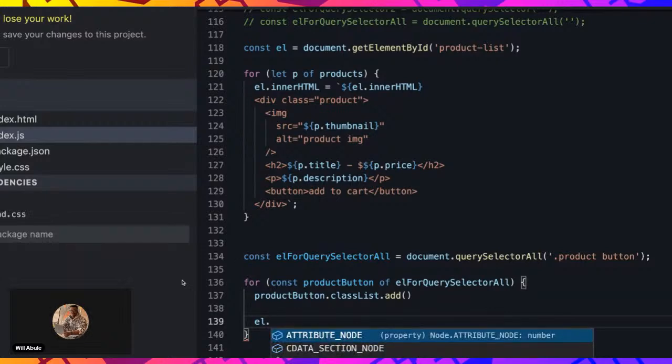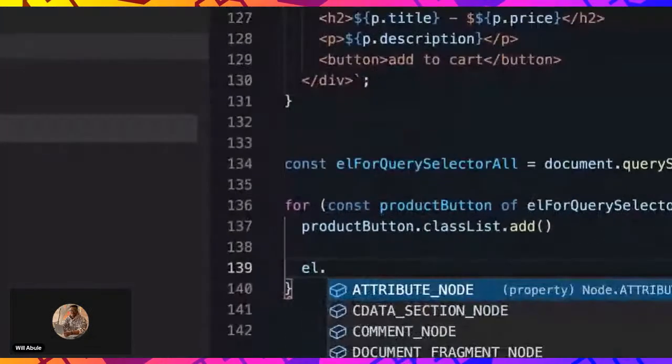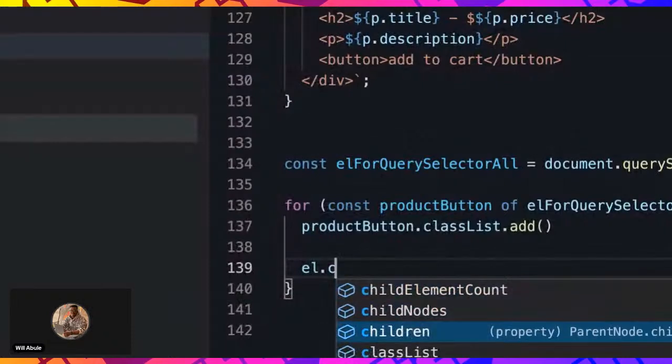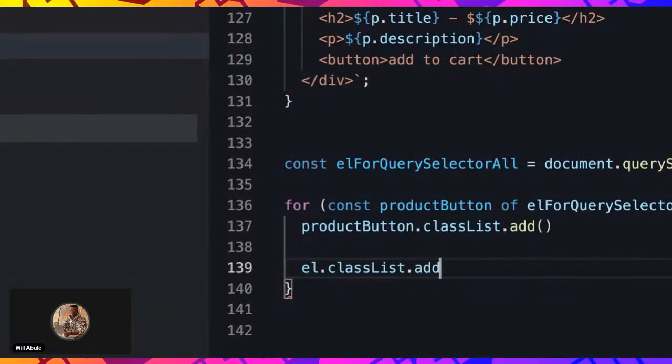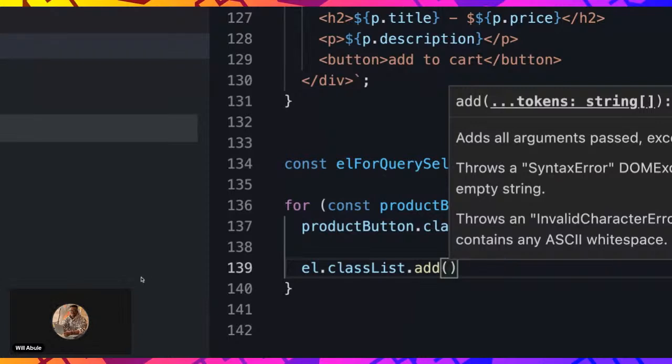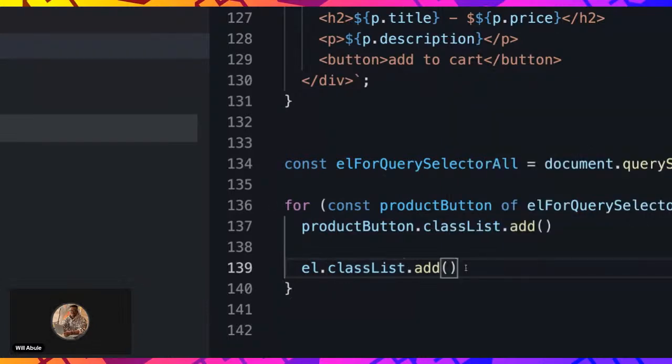classList. So let's go up again and zoom in a bit. So el dot classList, right? So you could see it. Dot add, so you could see. So now we could add specific classes. The reason why the IntelliSense didn't show up is because our product button here, the querySelector, doesn't have access to the IntelliSense provided by the document.getElementById class. That's why. But whenever you call a method, it's going to recognize it. And that is why when we did the add, it recognized it, right? So now we could add the class